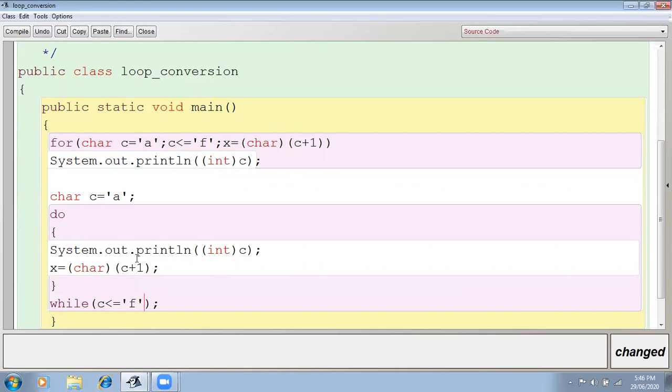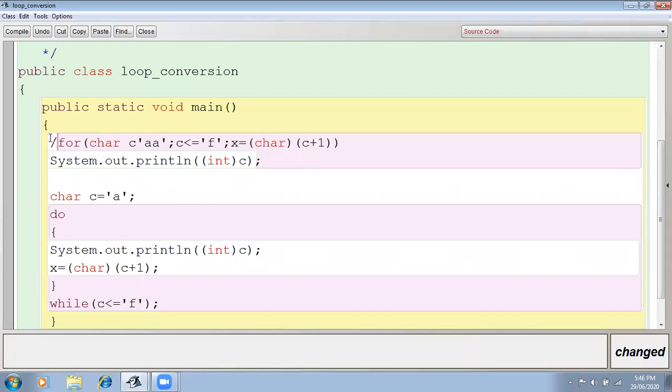So this is how we write it in the for loop. Or if we are going to convert this code, what we have done is select the initialization, then the test condition in the do while loop should be placed at the last. Then the updation in the body of loop only. So this is the updation, and the body of loop is the System.out.print. So that is what we have written.